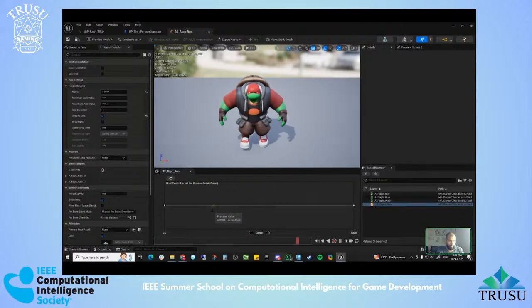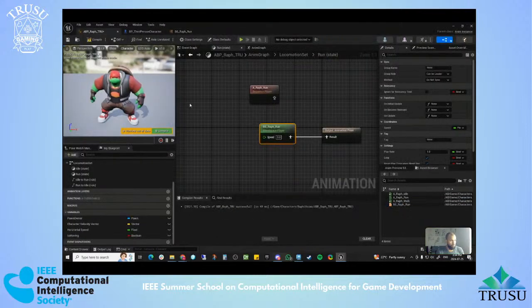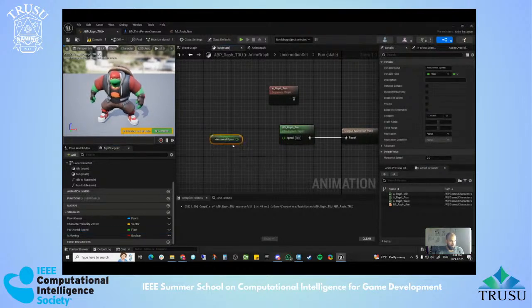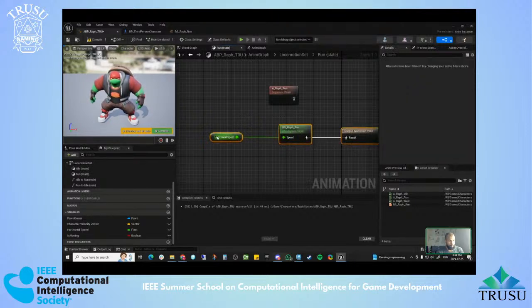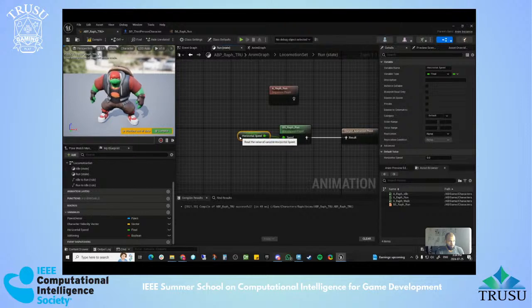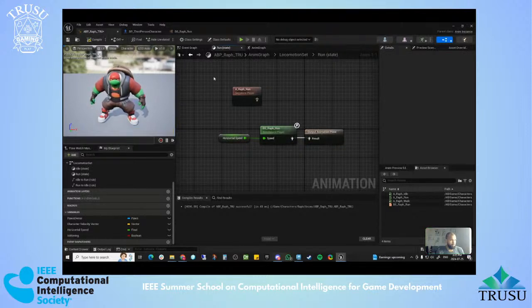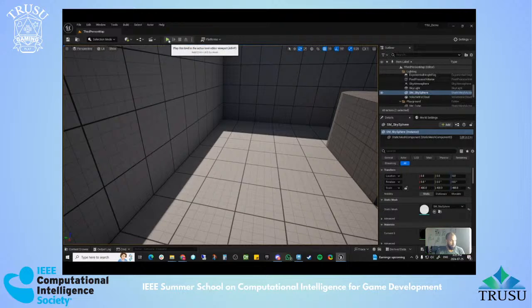If he's just building up speed, he'll play this animation. So all we need to do is get our horizontal speed and plug that in here. And again, I'll just line those all up. Compile, and we can delete that. So now let's go back to our workspace. And if we hit play,